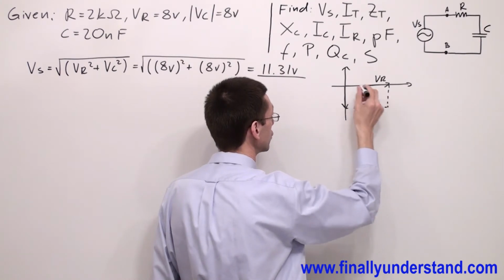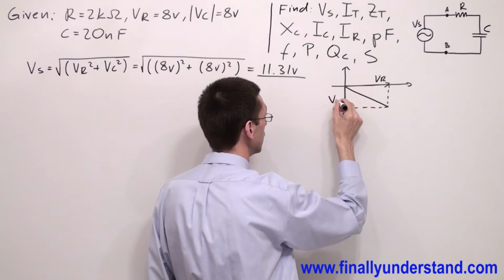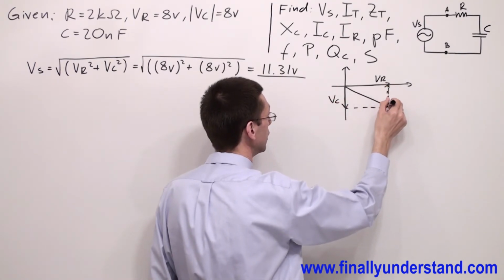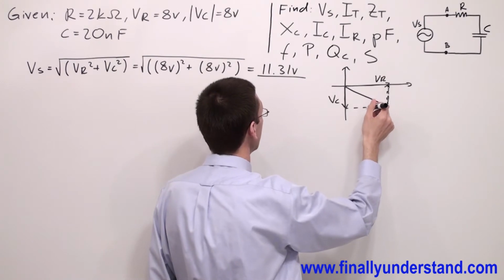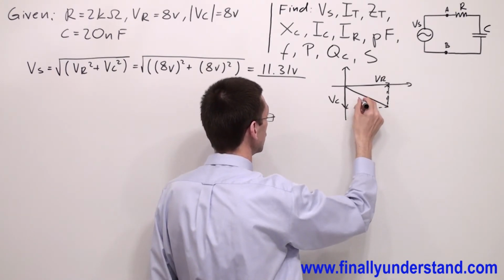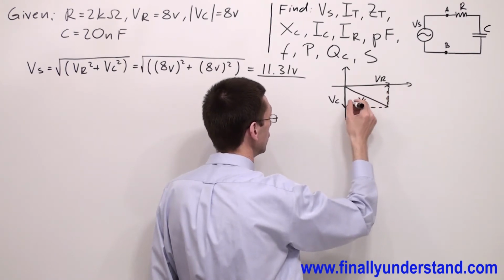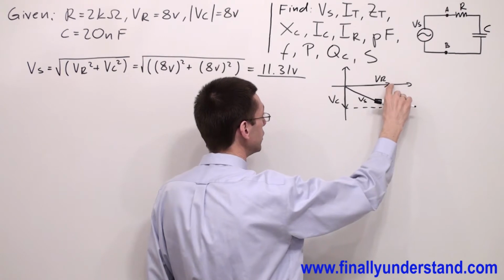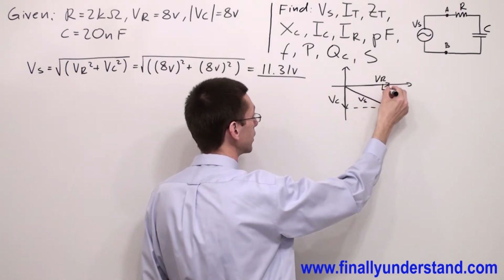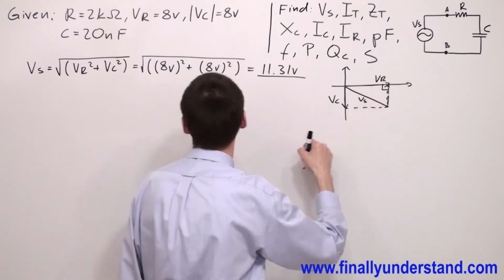So we talk about the right triangle. This is my right triangle, and if I'm looking for the voltage source, this is going to be my voltage source. So this length is equivalent to VC. This is my right triangle, and that's why in order to find the voltage source, I'm supposed to use